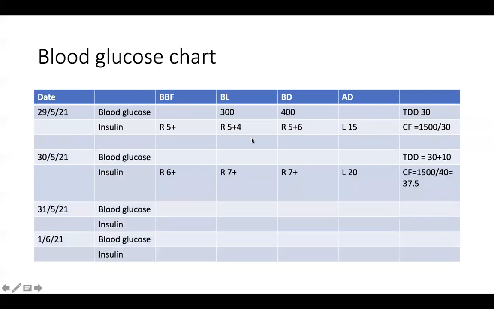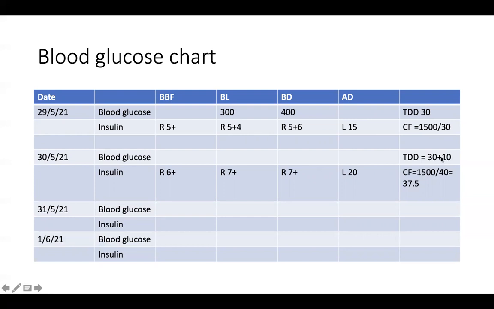Now, let's say you continue with this patient, and before dinner, the value was 400. You were planning to give 5 plus blood, but because it was more than 100, you calculated the correctional bolus, which was 400 minus 100, that is 300, divided by 50, which comes out to be 6 units. So you gave 5 plus 6, 11 units. Now, what do you have to do after this? For the next day, the total daily dose will not be 30, because apart from the 30, you also gave 10 units more: 4 here and plus 6 here. So in total you gave 30 plus 10, 40. So for day 2, the total daily dose will become 40 units.